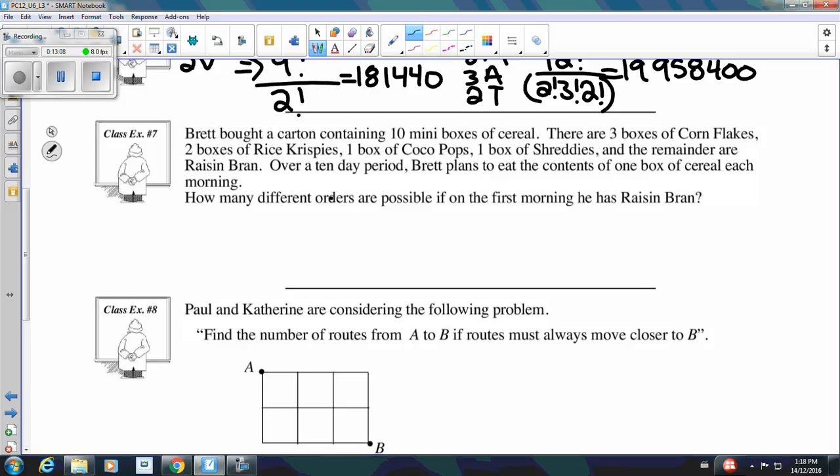So this is the case where it kind of makes sense about these repetitions. We have 3 boxes of cornflakes. It doesn't make a difference in his life which of the boxes of cornflakes he eats. We just know that he's eating cornflakes one day. So it doesn't matter which one. That's why we need to divide out these repetitions. So they do tell us that on the first morning he has Raisin Bran. So that means after the first morning,